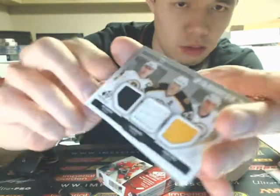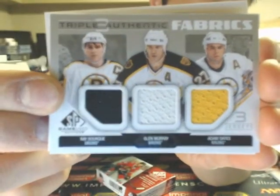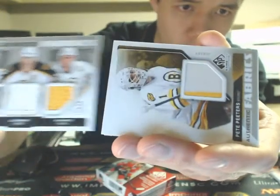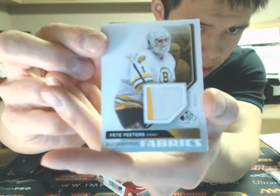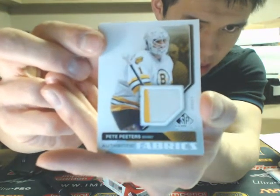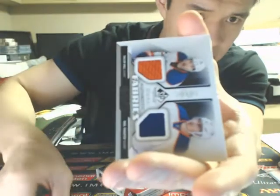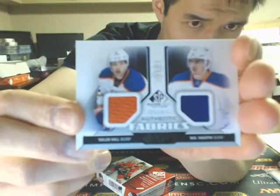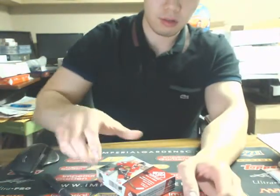Next one is a triple authentic jersey. Ray Bourque, Glen Murray, and Adam Oates. Boston. And another Boston Bruins hit. We got Pete Peters, two-color jersey. And a dual authentic fabrics of Taylor Hall and Nail Yakupov. Two first overalls. The Oilers. On to box number